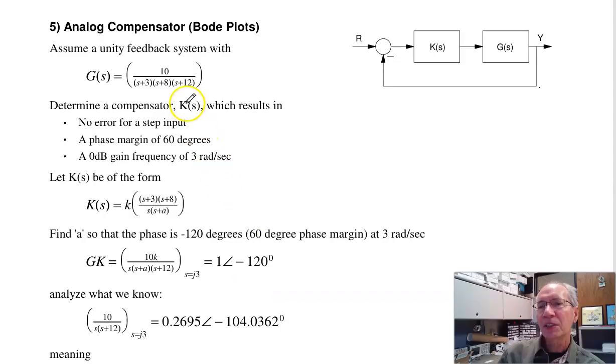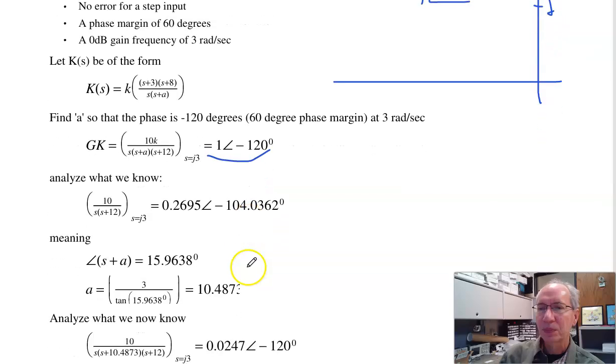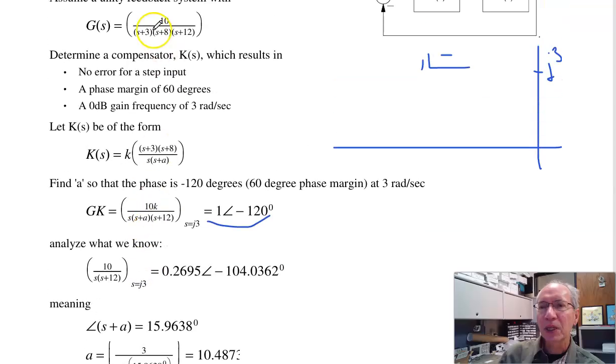Finally, if one wanted to design for a phase margin, come up with a compensator that meets these specs. No error for a step input, phase margin of 60 degrees, and a 0 dB gain frequency of 3 radians per second. So what that tells me is that G times K at j3 is 1 at minus 120 degrees, 60 degrees away from unstable. So let's pick the form of the compensator. Let's cancel the pole at minus 3, cancel the pole at minus 8, add a pole at s equals 0 to make it type 1,